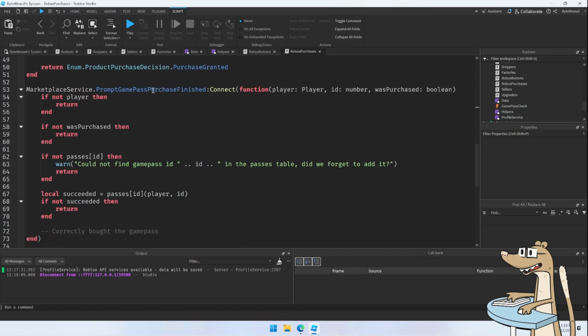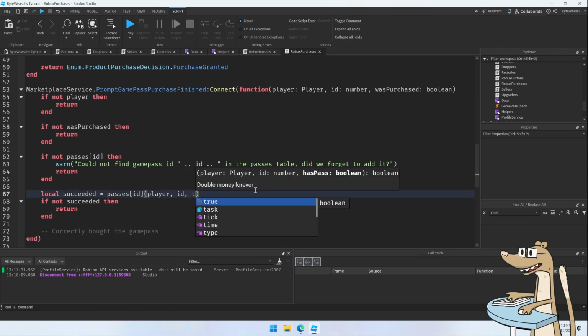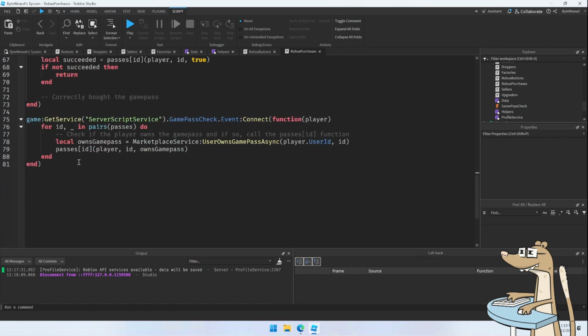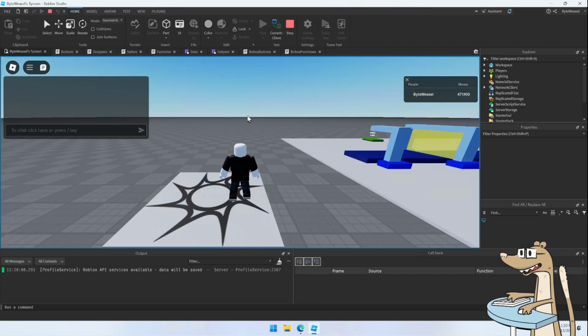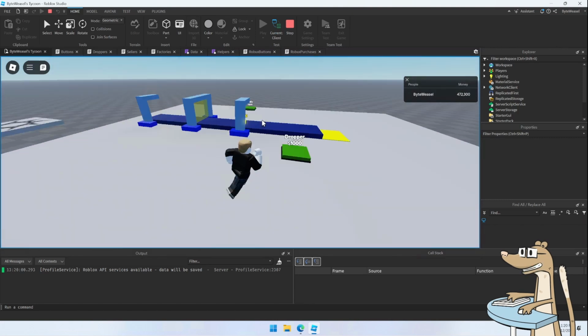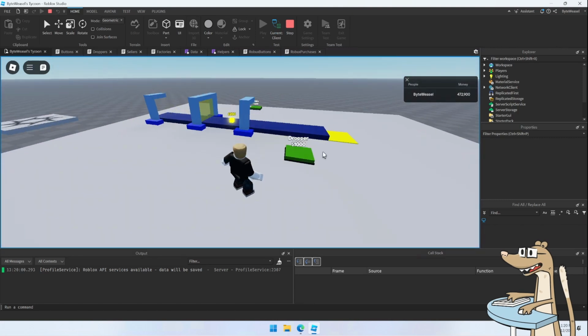When you actually purchase the Game Pass in the game, we're going to know that that actually worked, so we can always pass in true here. True, they just bought the Game Pass, and then when they join, we're going to look up to see if they accidentally deleted that Game Pass or not, and if they did, we'll update it. Now, normally I wouldn't bother doing this, but for testing, it's kind of important because I'd already saved it into my profile. Now I've sort of run that Game Pass check. It's noticed that I no longer have that Game Pass, and so I should not be getting double money,